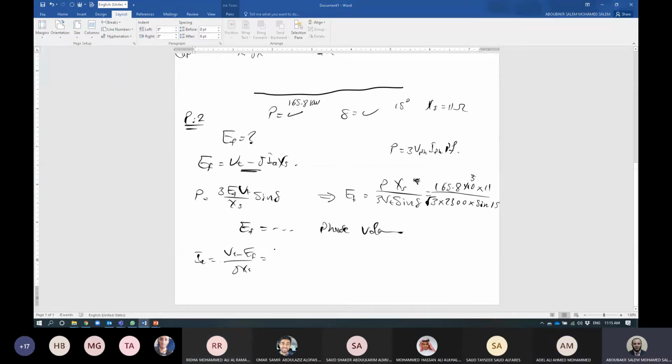So what is the value of the terminal voltage? V terminal is 2000 divided by root of 3, at angle 0, minus EF. We obtain the absolute value of EF at which angle? Minus 50. We have to consider the sign here. Okay, continue Reda. Over JXS. We have XS, it's 11 ohm. Okay, the answer of this part will be